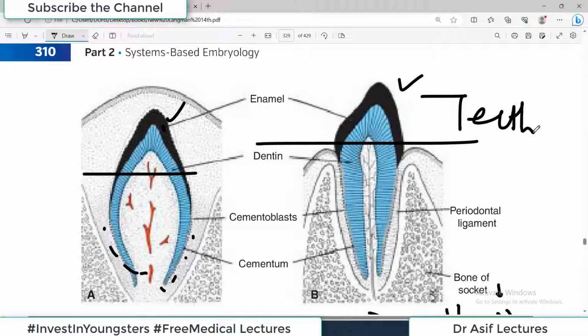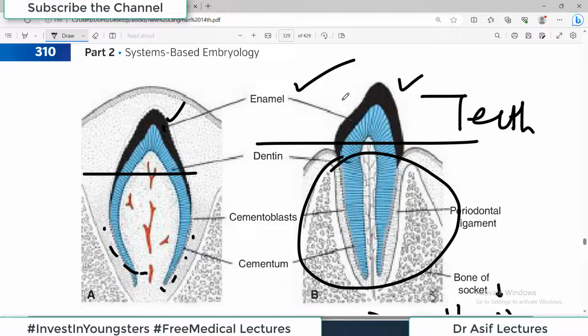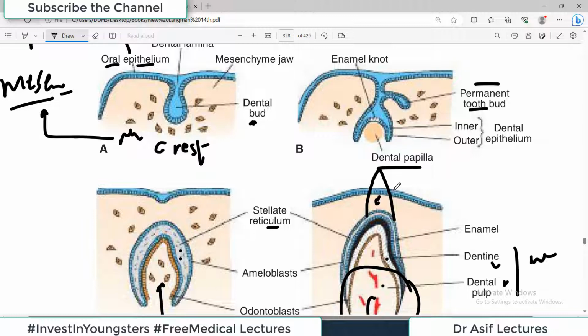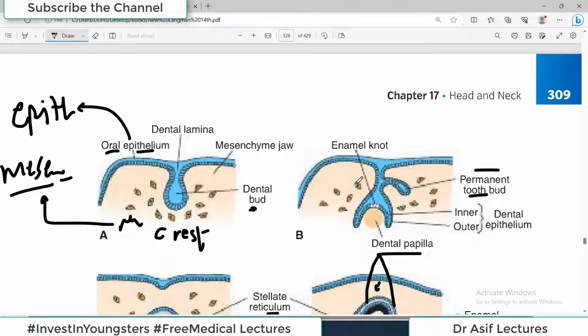ये जो आपको सफेद चमकदार दांत दिखते हैं वो basically ये enamel का part है, but there is a lot more inside as well. It's just like the iceberg. There is a tip of the iceberg, and then there is an iceberg which is submerged in the water. It reminds me of Titanic. So anyways, to summarize,